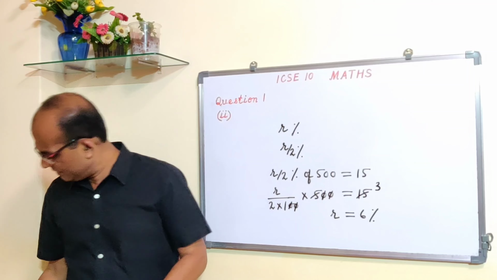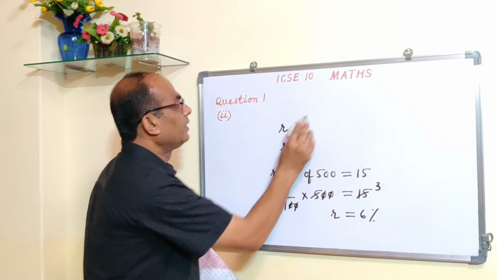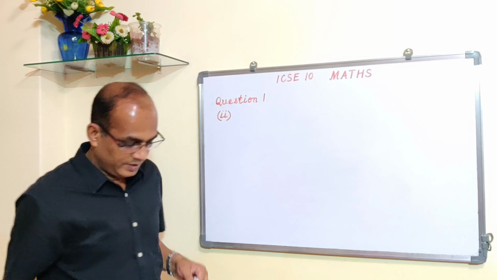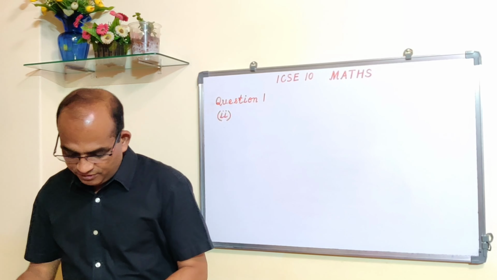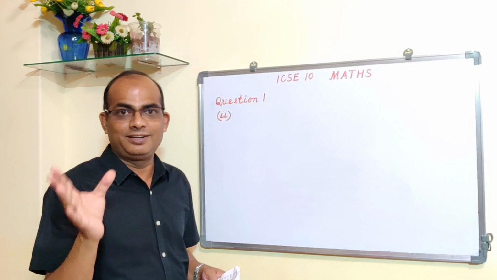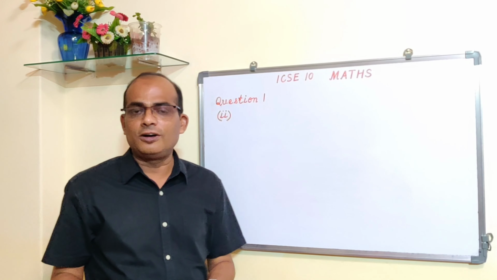The question says that when the roots are real and equal, then what will be the discriminant? The discriminant is,